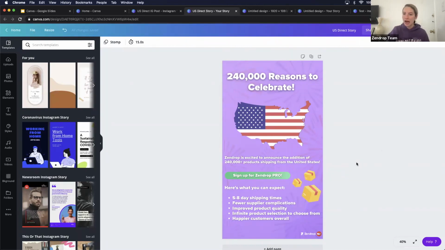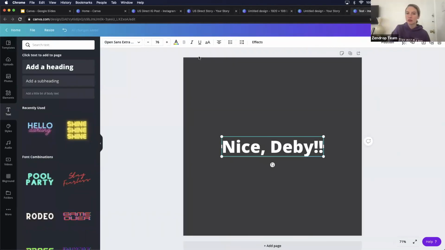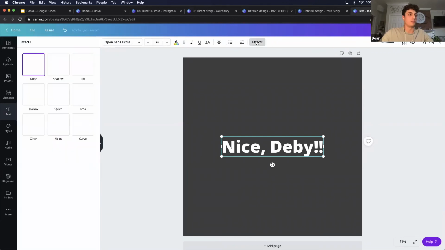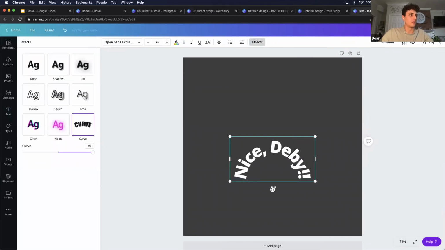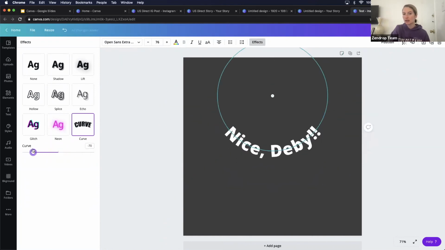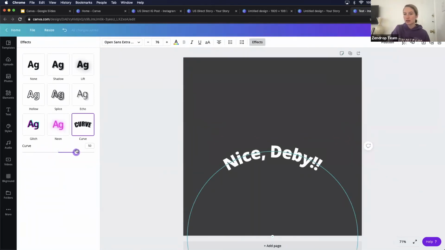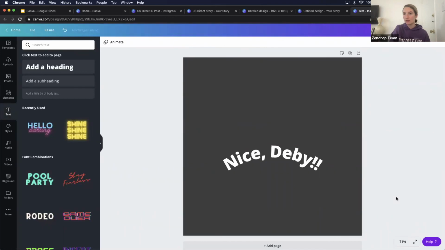Can you make a round design with background color? Does that make sense? Can you elaborate a little bit, Debbie? Unless Dean knows what you're talking about. I will give it a shot, but if you could elaborate, that'd be great. Do you mean curved text, or do you mean something different? Debbie is raising her hand. Let's allow her to talk for a second. I just figured it'd be easier to say it.